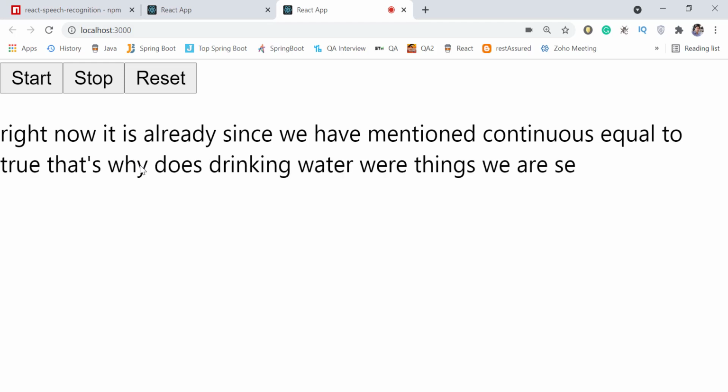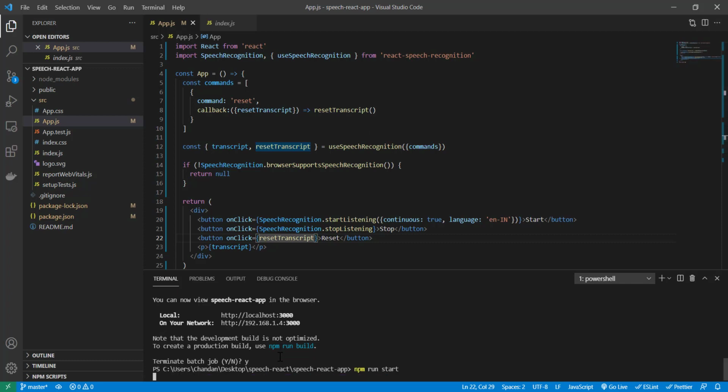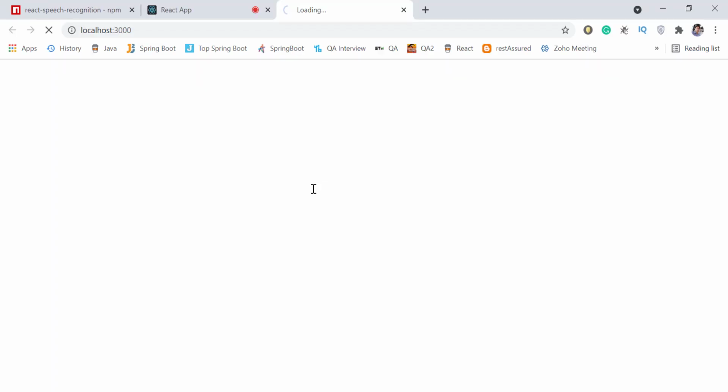Now let's say reset. Since we have added new code here, we can close it and run it again, so it will pick up whatever things we have changed, and then let's see whether reset is working or not.